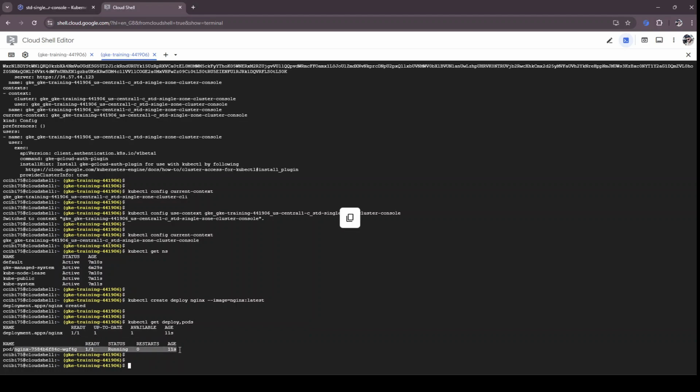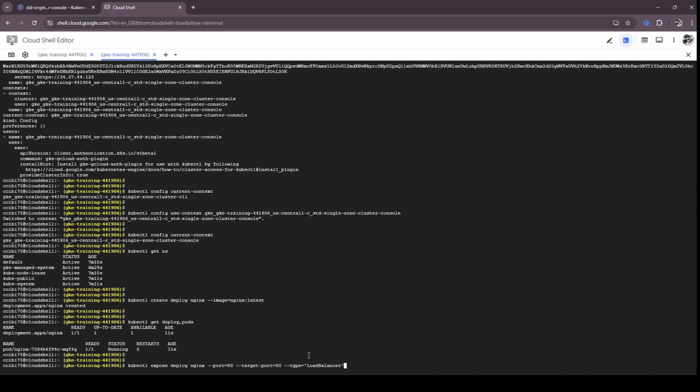And the next step is that we have to expose the application so that we can access and check the Nginx default page. So the command for that is kubectl expose deployment nginx, the port on which you would like to access, and the target port of the application, which is 80. I'm setting both the exposing port as 80 and also the target application port, which is 80 for Nginx, and the type of the